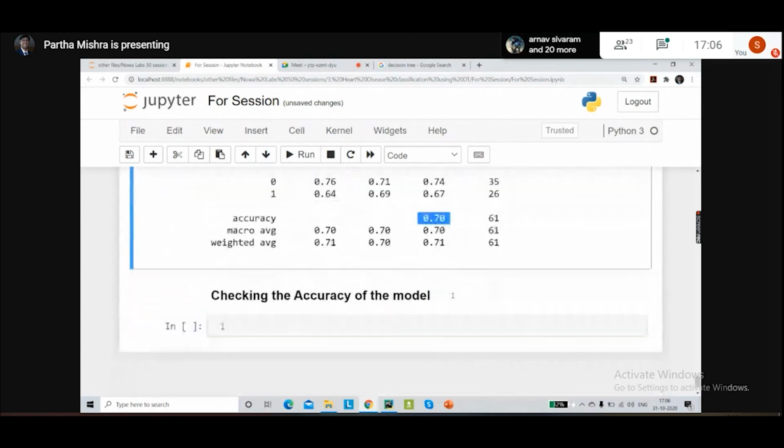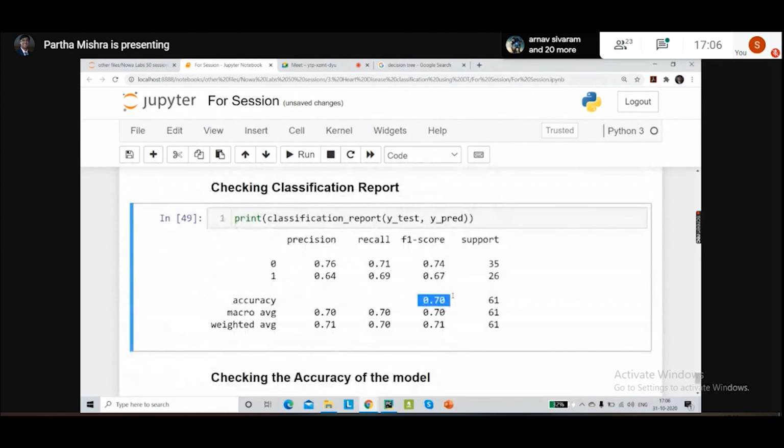So if we want to improve this model, the next logical step that we can take is to perform a random forest and see whether or not this particular accuracy is going up. That would be something that you would want to try out on your own, or we'll see whether we'll be able to do this particular task in some other webinar.